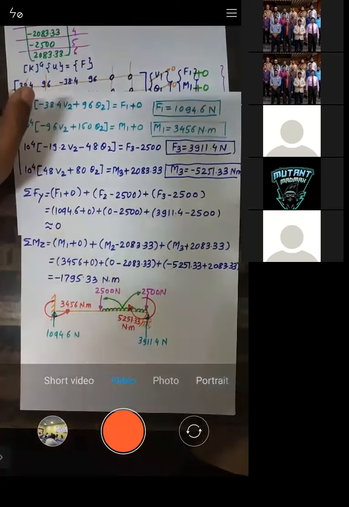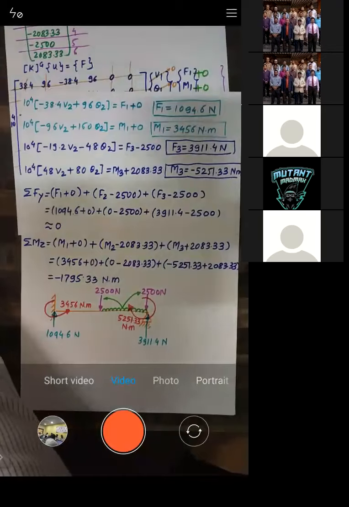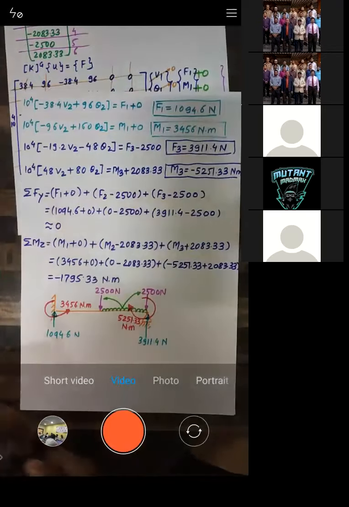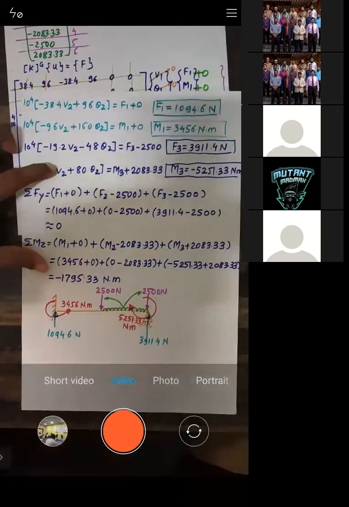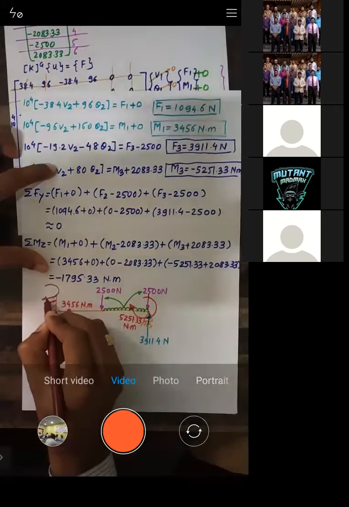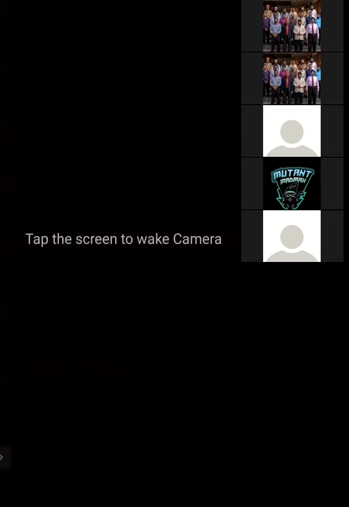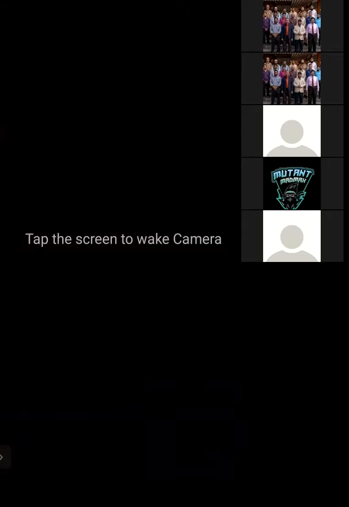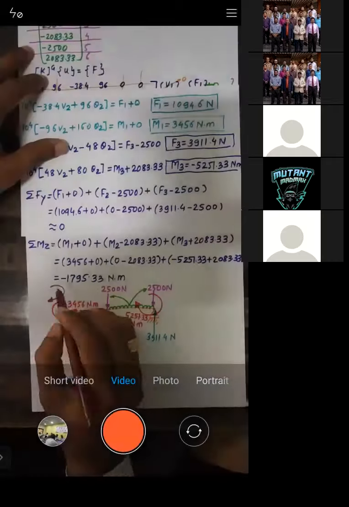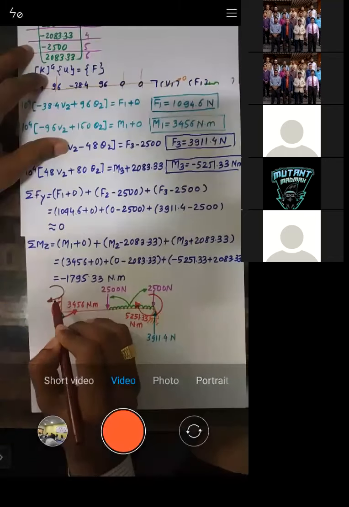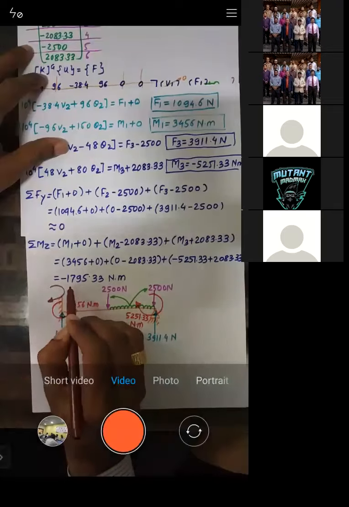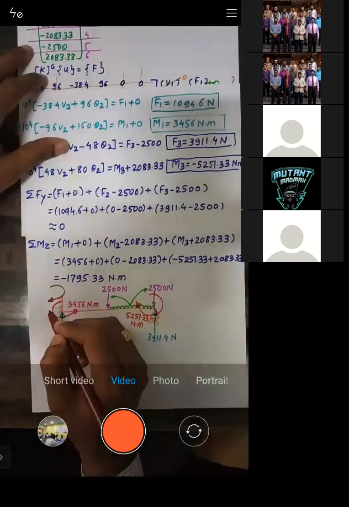Minus is unbalanced. So if you need to make it balance, try to understand, very important, I'm telling you. If you want to make it balance, we need to produce a movement of the same magnitude but with a different direction. So we need to produce it in an anti-clockwise manner. Minus indicates it is clockwise. So this is clockwise, but in order to balance this clockwise movement, which is unbalanced, we need to produce the same movement of equal magnitude but with a different direction.